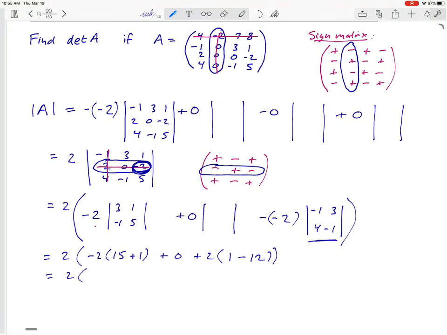Okay, and the rest here is arithmetic. So let's see. Minus 2 times 15 plus 1 is 16, that's going to give us a negative 32. Okay, 2 times 1 minus 12 is negative 11. And I'll leave the rest of the arithmetic here to you. That's going to turn out to be negative 108 when we're all done. Okay, and there's our determinant of